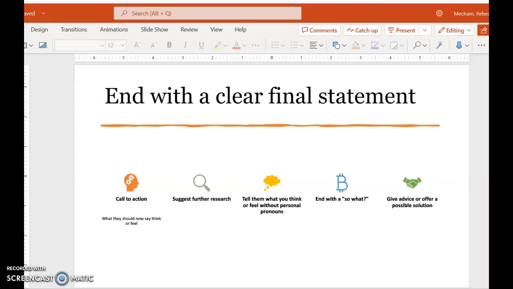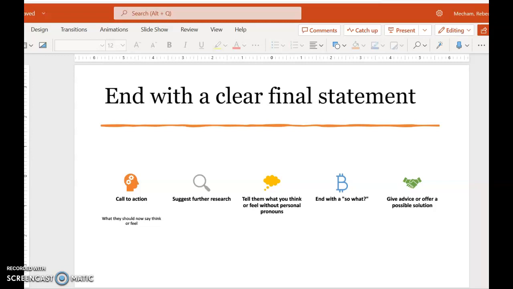This is not one that you would do in this level of academic writing, but as you get higher up in academic journals and master's programs, one thing that they commonly do is suggest further research. So now that we've studied all these things, more research is needed in these areas. That might be something you feel like you can do, but that's probably more in advanced levels. So if that doesn't work, then that's okay.